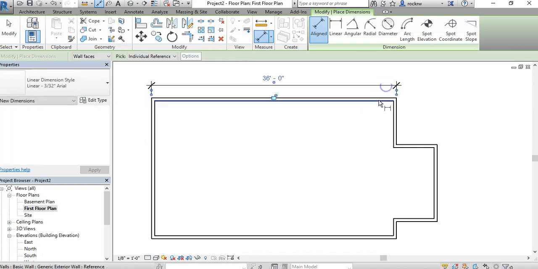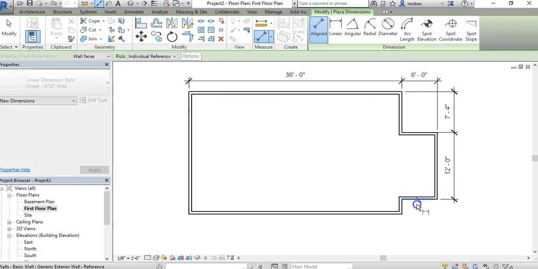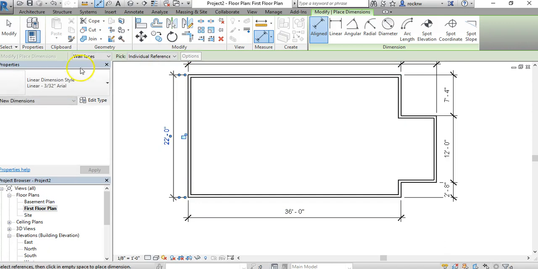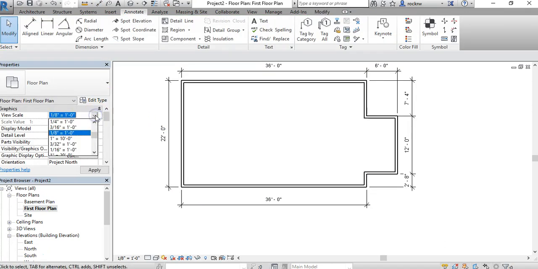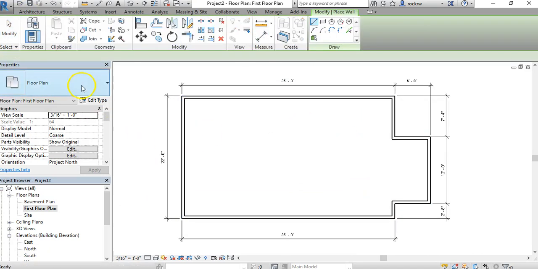To make sure they move the right way, that 1/2 inch, I'm going to go ahead and dimension this plan. This has to be done anyway, and now would be a good time to check it. Now that I'm here, we'll set this to 3/16. Revit is much more forgiving in terms of scale and dimensions. So we're going to do a similar exercise